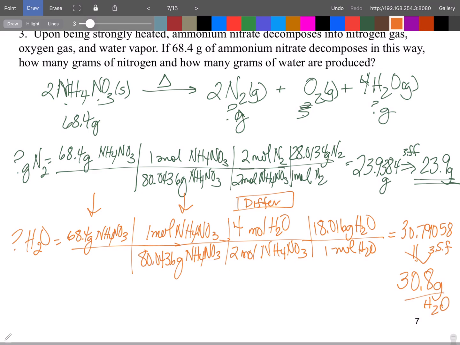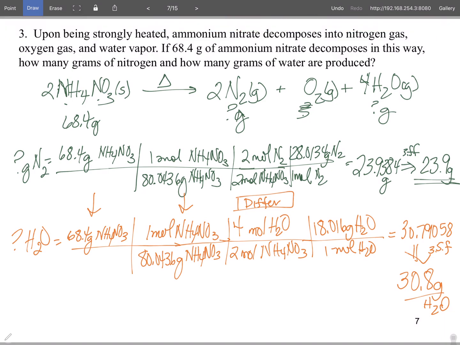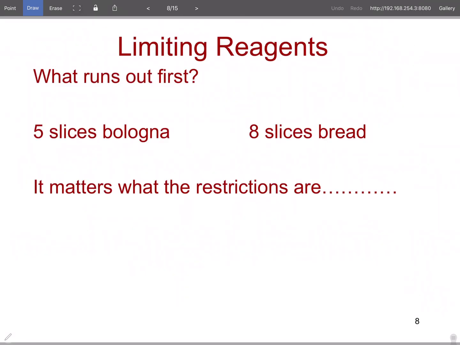So my recommendation is you take a look at it, and you look at the next one. You look at the previous one, and you look at how they're alike and how they're different, and that usually helps tremendously. Okay? Now, that brings us to the next item in stoichiometry, which is the